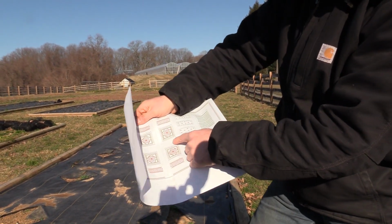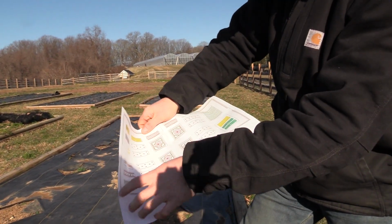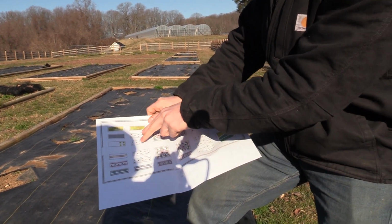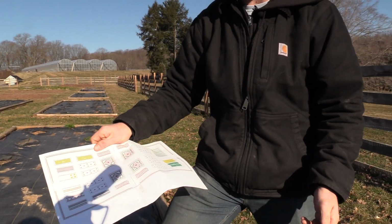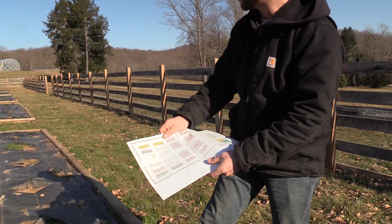You can see that's the center 4 big beds. The tomatoes are going to be flanking that. So 2 here, 2 here, 2 here, and 2 here. So it's a total of 8 beds that I'm doing this year. And I'm also going to